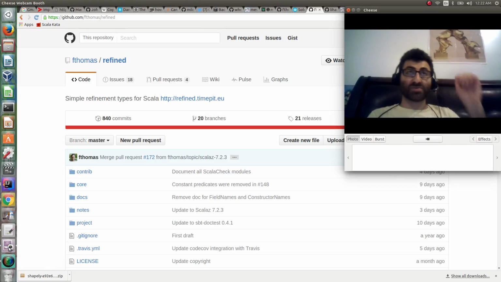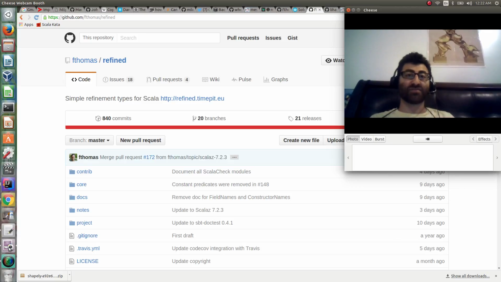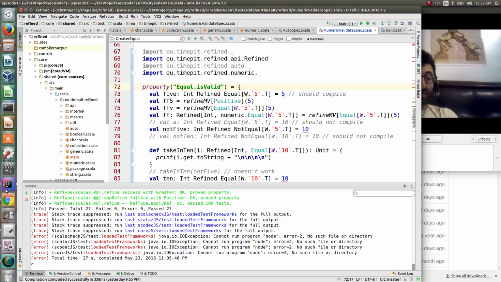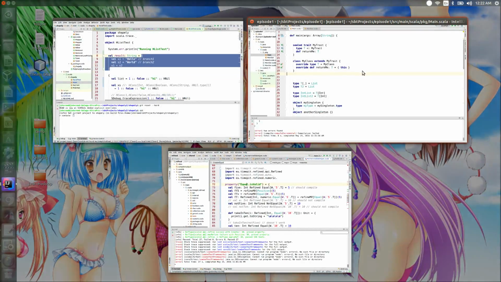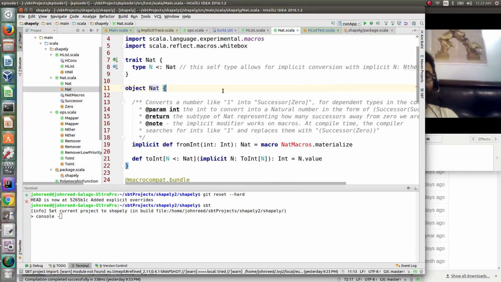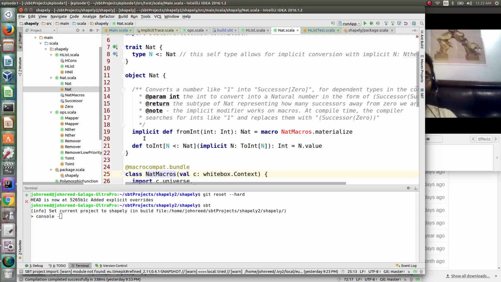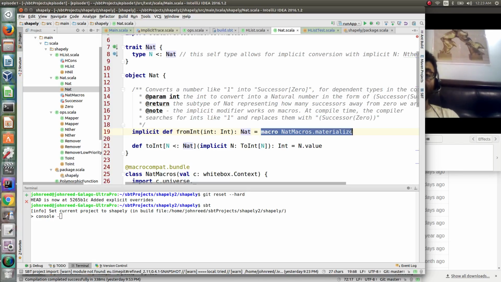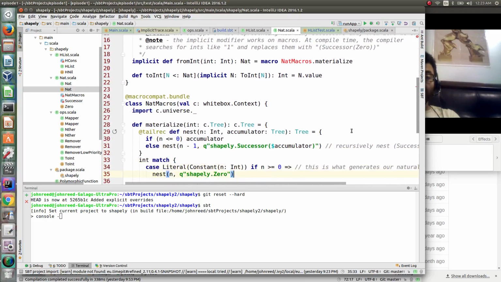But yeah, so we covered the Scala type system. We covered a little tiny bit about macros. Could do a really quick little macro example from Shapeless. So if we look at this code, we've got a macro. This function from int is an implicit function, so it's an implicit conversion. So if the compiler sees an int and this is in scope, then it'll apply this function to create a nat. And this function is actually a macro where